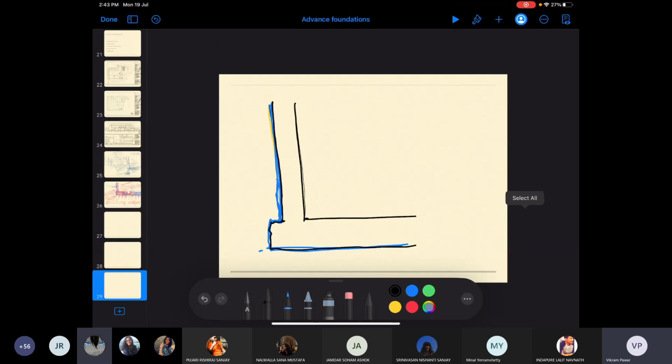You can't go beneath the slab, right? The raft. Sorry? You'll only be able to lay it till the point where you reach. You can't go beneath the slab or anything. But it is important for me to have a continuous waterproofing. I have to have waterproofing even beneath the slab.